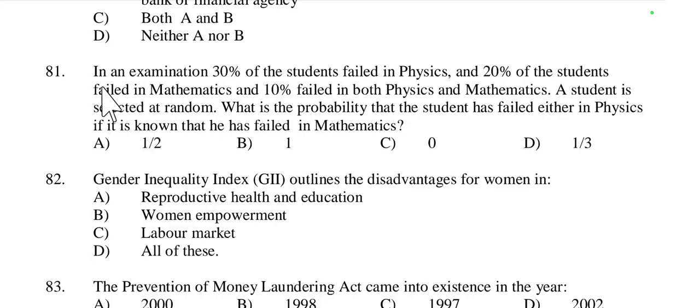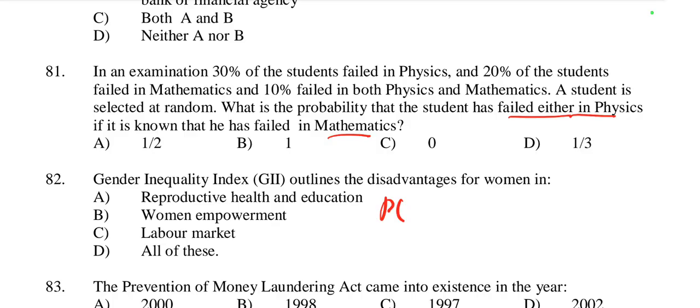So today's first question is question number 81. In an examination, 30% of the students failed in physics, 20% of the students failed in mathematics, and 10% failed in both physics and mathematics. A student is selected at random. What is the probability that the student has failed in physics, if it is known that he has failed in mathematics? So we have to find out the probability of the students who have failed in physics given mathematics. So here the data given, that is